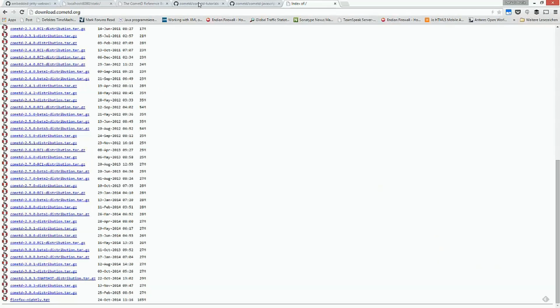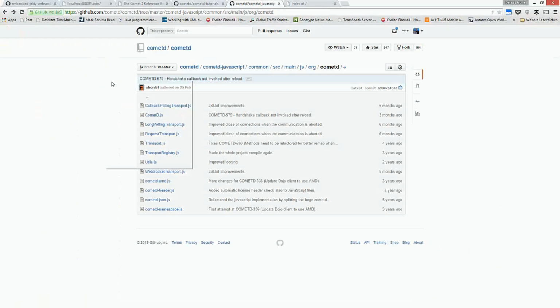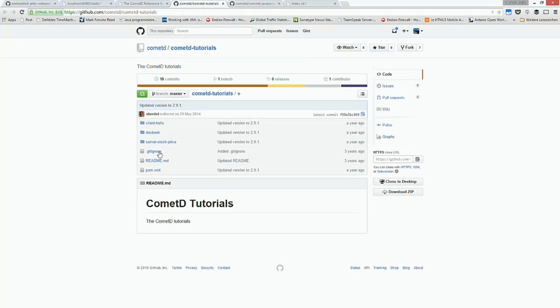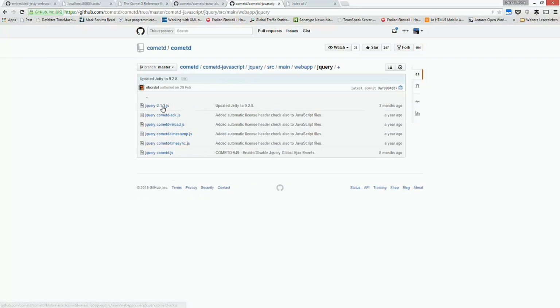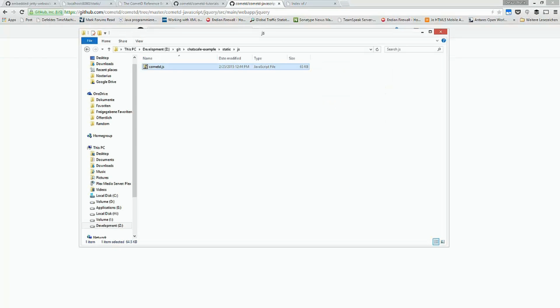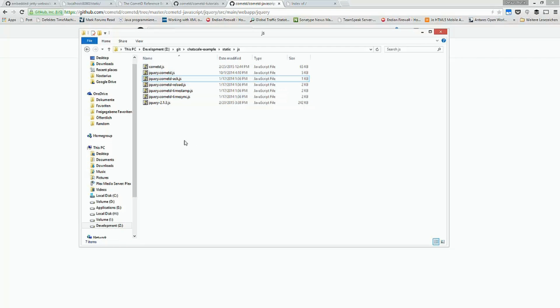And looking at the code, we also need jQuery, and maybe all of those as well.